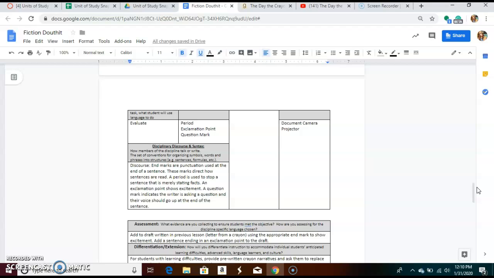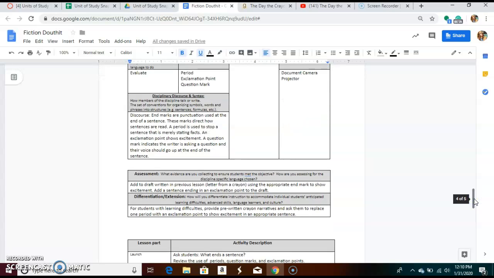These marks direct how sentences are read. A period is used to stop a sentence that is merely stating facts. An exclamation point shows excitement. A question mark indicates the writer is asking a question and their voice should go up at the end of the sentence. To assess the students for this lesson, I am going to ask them to add to their draft